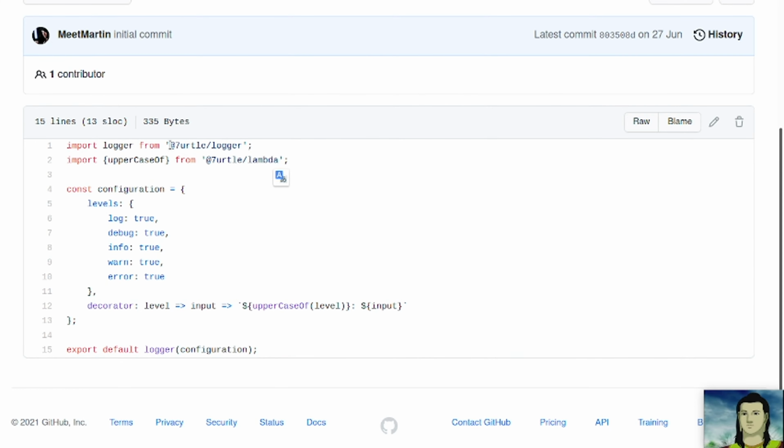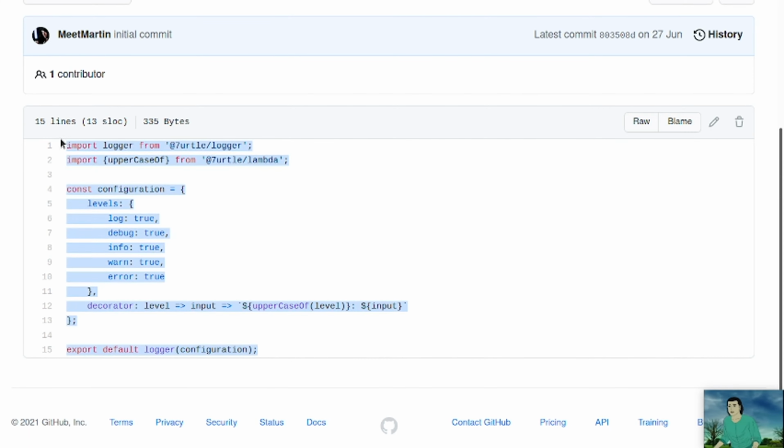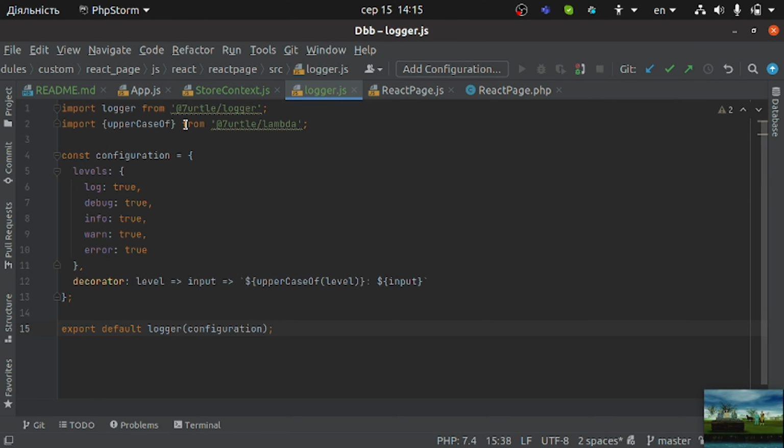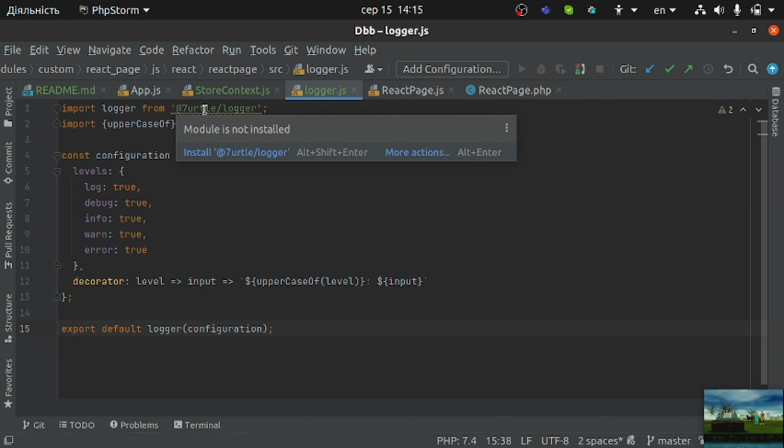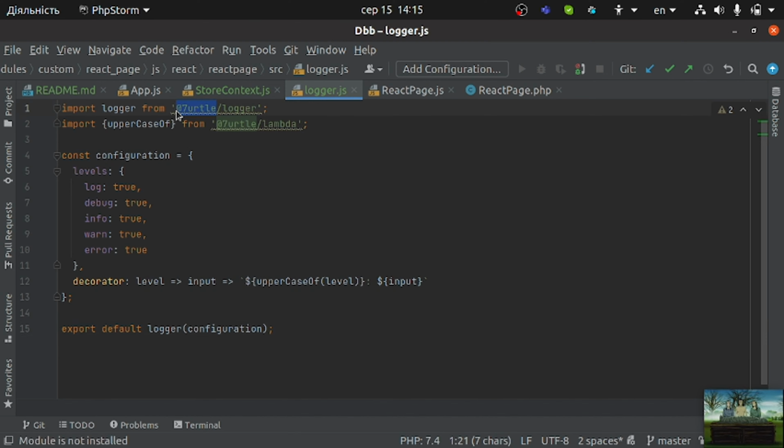It means we need to require this library in our package.json. So the first step is we need to do that. Levels, log, debug, info, warn, decorator, input, output. Okay, so we just copy that and put it here, but let's see how he has declared the library